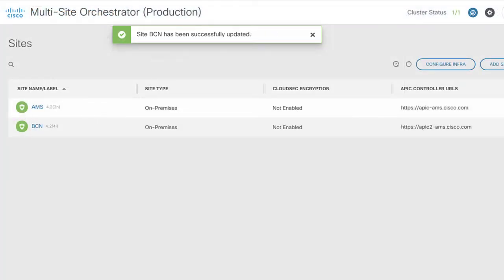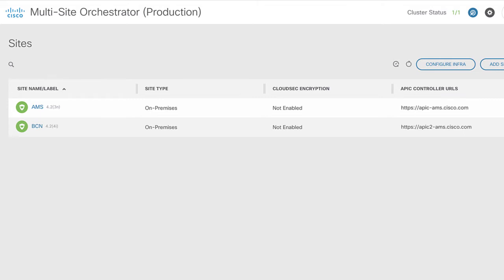We have very easily added the sites into MSO. This establishes a connection between MSO and the APIC to push configuration changes later. For example, I'm about to configure the infra in MSO, which will then get pushed to APICs. So to configure the infra, still in the sites view in MSO, I can just click on the button actually